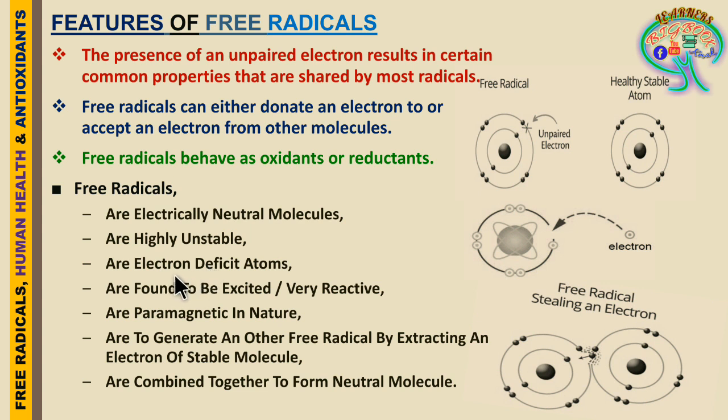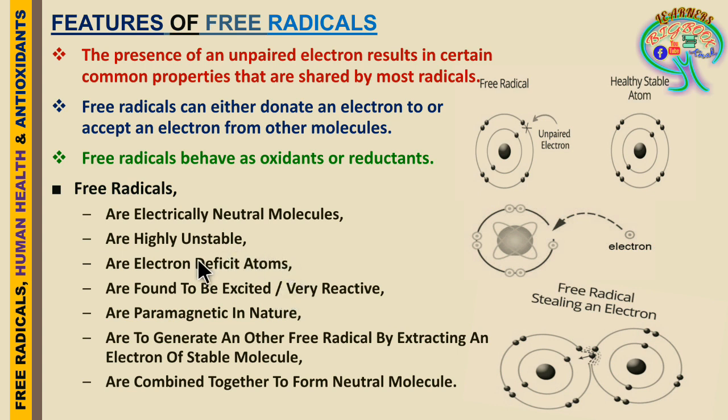Now here, this loss of an electron in the octet has reduced the octet to 7 electrons, with 3 pairs and 1 odd electron. This can be found to be an excited or very reactive form of the electron, which can either be donated, accepted, or snatch an electron from the other element of the biomolecule.